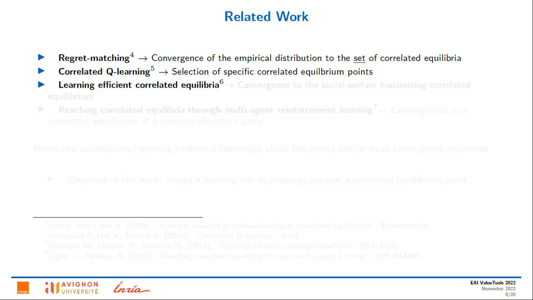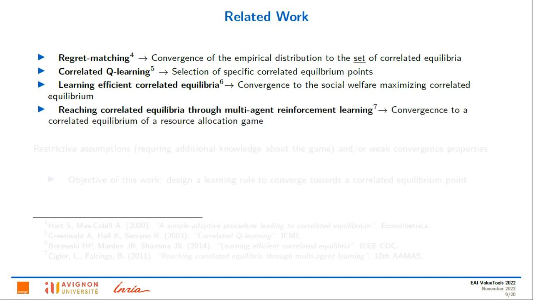Another algorithm proposes a method which guarantees convergence to the social welfare maximizing point, which also requires some knowledge about the set of correlated equilibria. The last example is a reference to a paper in which a method for learning correlated equilibrium for a special class of games is presented. And so in this work,